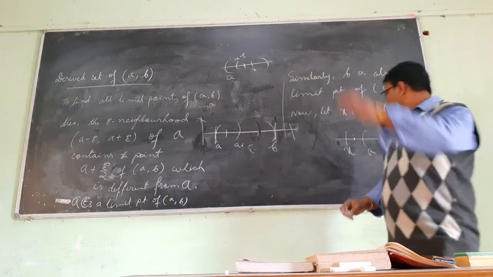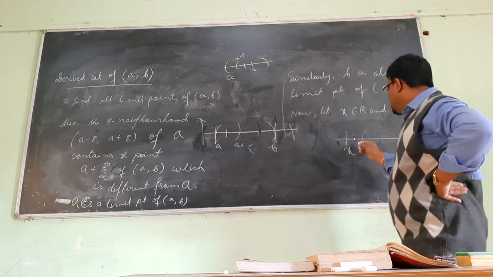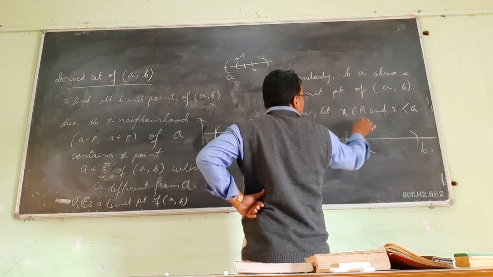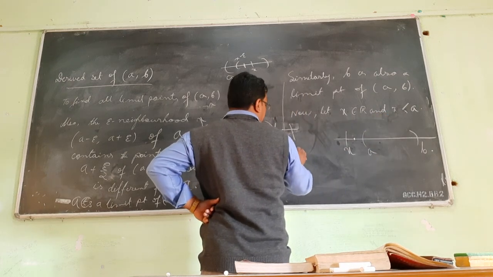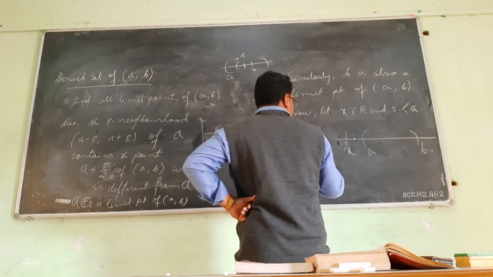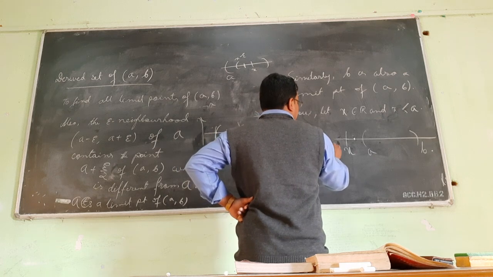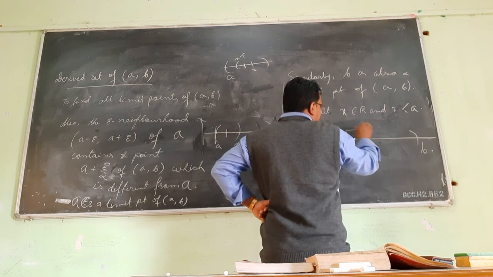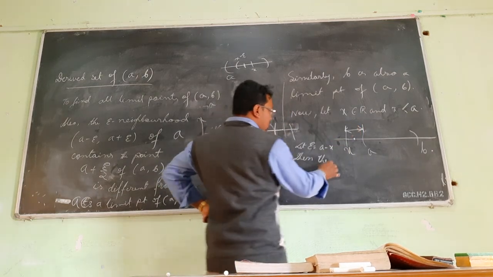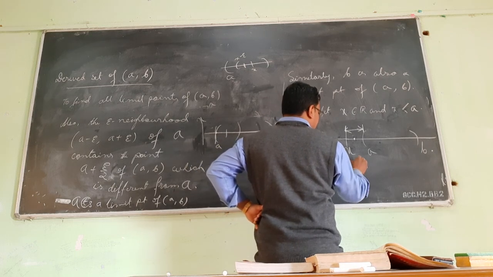So if we take this neighborhood, x is less than a. Let epsilon equal a minus x. I take this difference, I have taken this difference as epsilon. Then the epsilon neighborhood